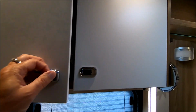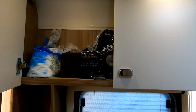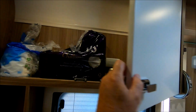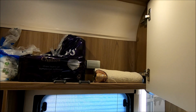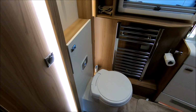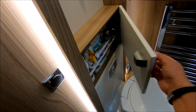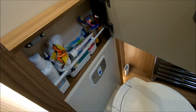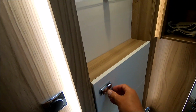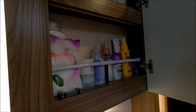Notice that Sue's got some towels ready. This cupboard here is for towels and toilet rolls, and we've got a good stock of toilet roll there, and just one towel at the moment, but they'll be replenished shortly. There's a couple of cupboards just behind the toilet here which we keep our toothbrushes and toothpaste, mouthwashes and things like that in. We've just made sure that that's replenished, and then the cupboard above has all the little bottles